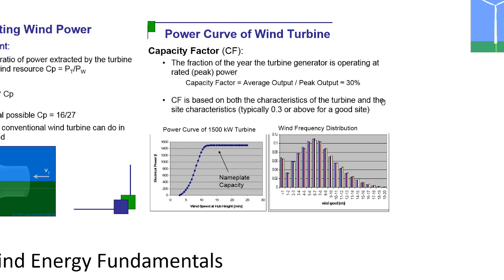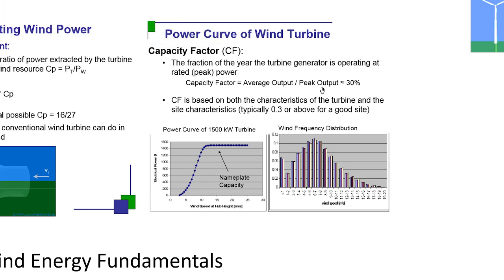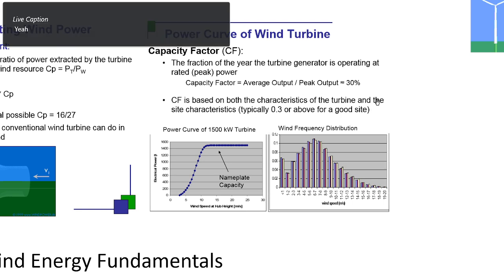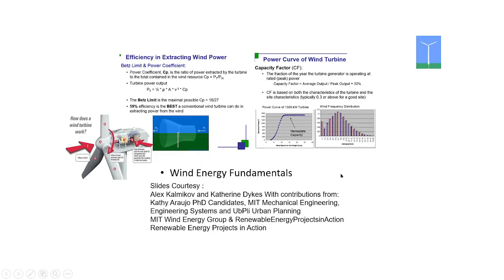Yes, I got it, sir. The numerator is the sigma of all the wind speeds which occurred, and the denominator assumes that whatever wind speed there was, the peak output of 1500 has happened fully. That is the capacity factor. So this is one of the parameters which is used for design selection of the site